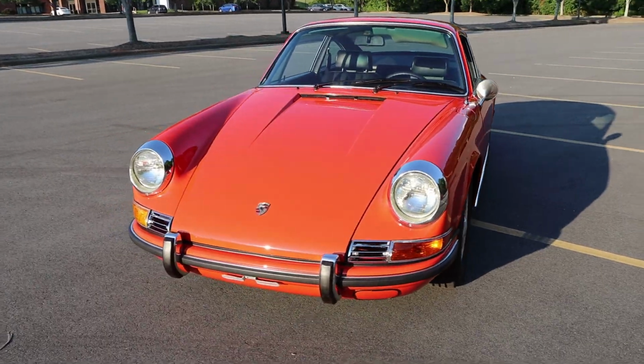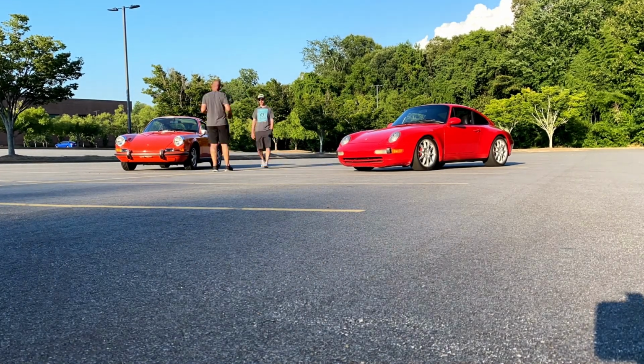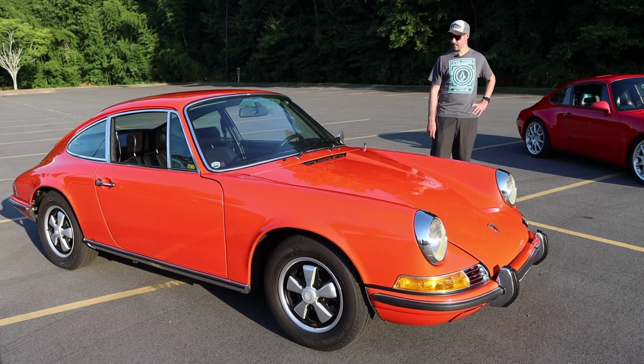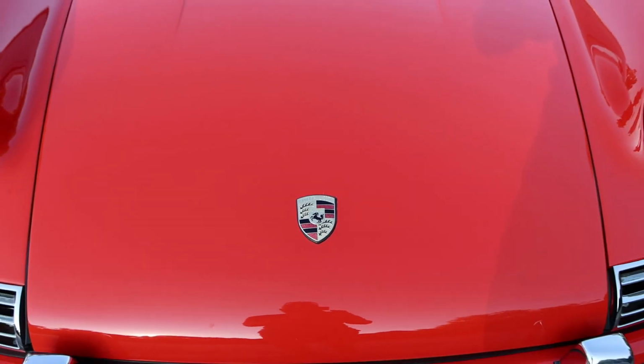I've always liked Porsches since I was a little kid. I had a 996 that I was using as a daily driver, and I bought this one. It's the second Porsche I've ever owned, and I love it. I love everything about it. The color is called Tangerine. It's fun to drive. It's fun to look at,